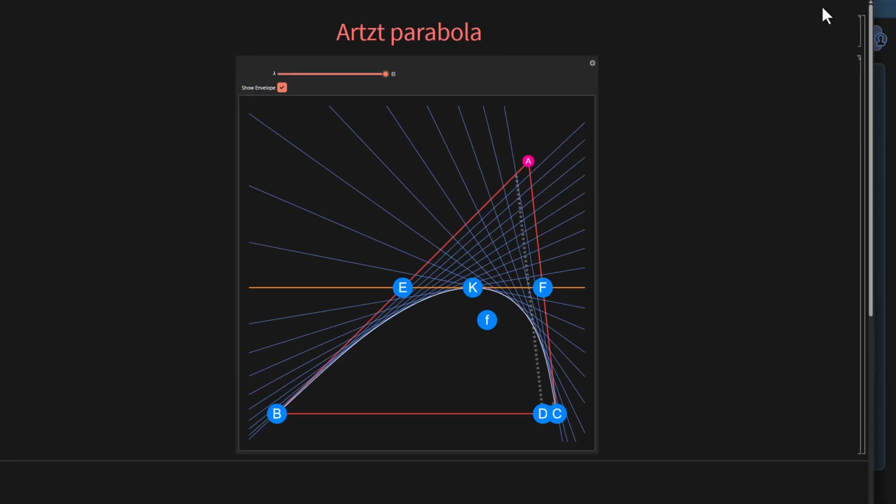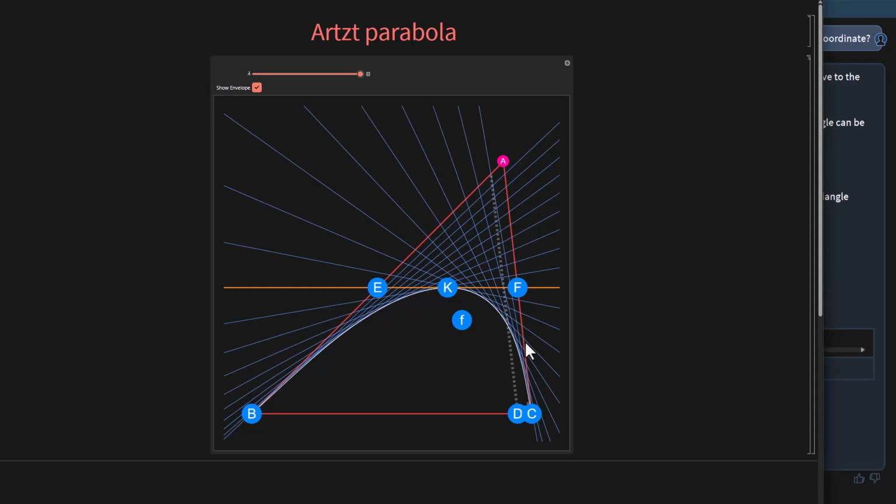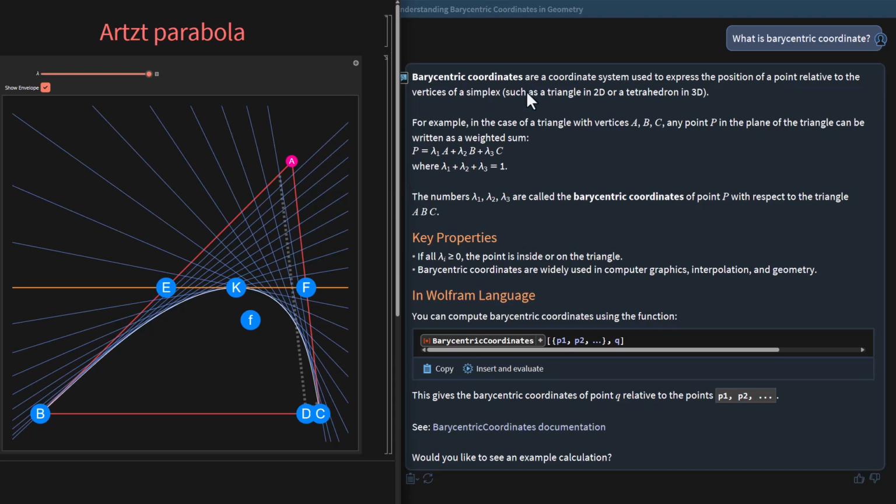Okay, let's see how to construct this point or this trajectory inside the Wolfram language directly, or maybe indirectly. First, let's introduce a very important idea in solving triangle conics in general. It's called barycentric coordinates. The barycentric coordinate is a very powerful tool in doing all kinds of triangle conics and some special